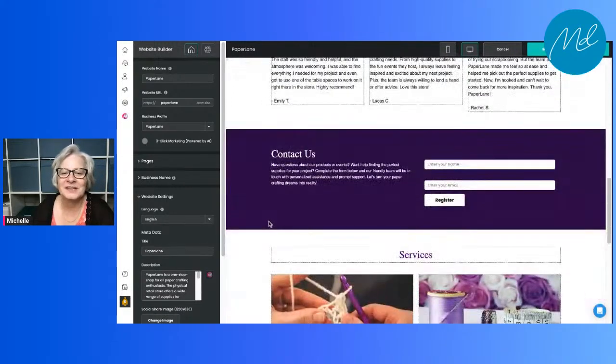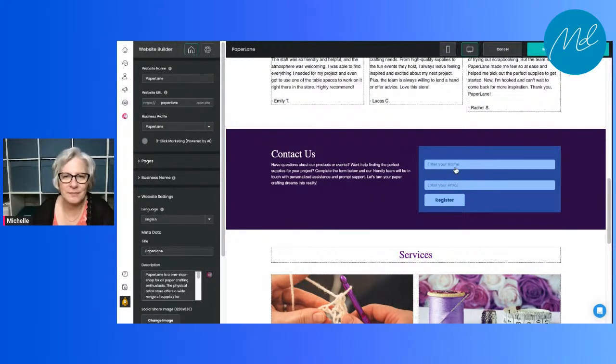Okay. Here's our lead capture form. Now, this is a contact us type of lead capture form. So, you can make it anything. You can change this whole paragraph. You can offer some freebie or coupon or whatever to get people to come into the store, where if they input their information and register, then they can either download the freebie item, or it can be sent to them by email.